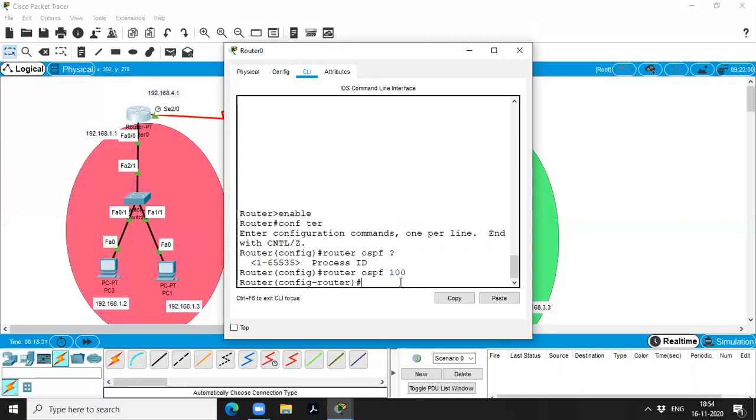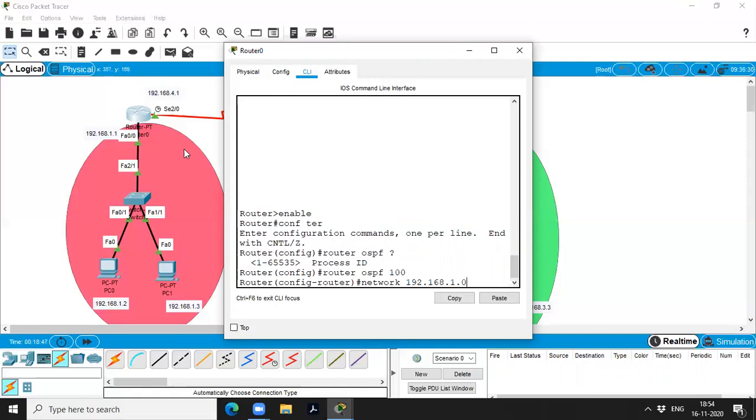Now type the network ID. You have to define what are all the different networks connected to this router. If you check here, the 1 series network is connected and the 4 series network is connected. So you have to define that: network 192.168.1.0.